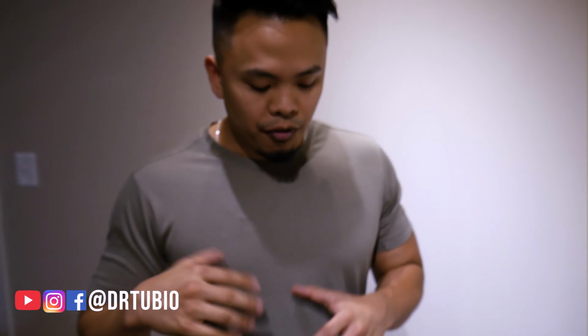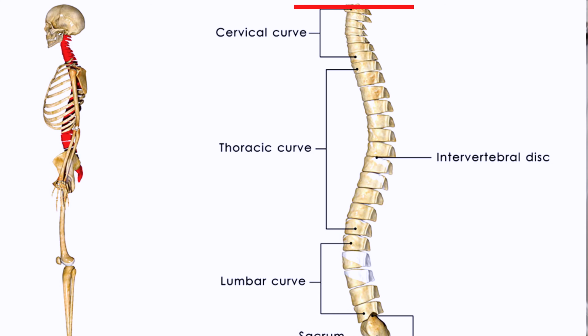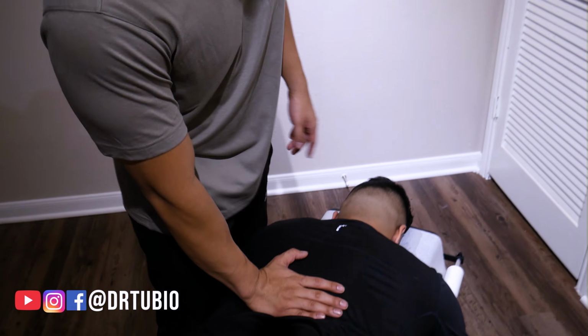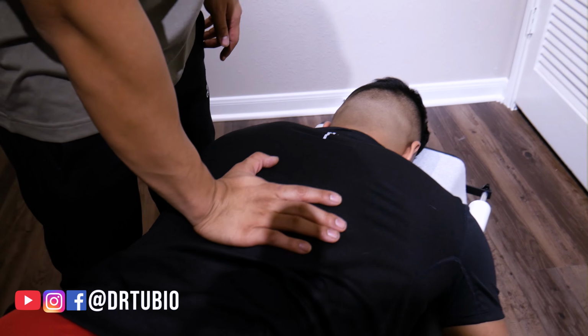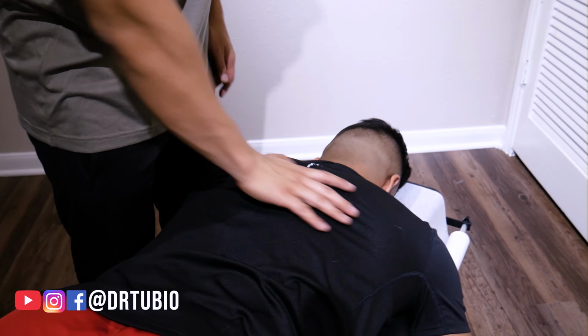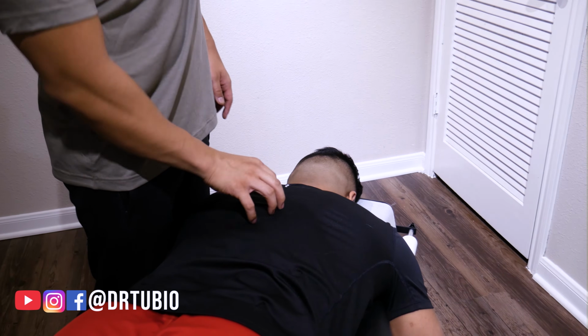So the first thing we're going to show you guys is how we treat upper cross syndrome through adjustments. For me, one of the biggest things is to make sure that we are addressing this area from the base of his occipital region down to this thoracolumbar junction, which is from here to here. I'm going to feel in through this region where I feel the high musculature might be, where it's a little bit more tense, and then adjust and break through that region so we can break through a lot of the